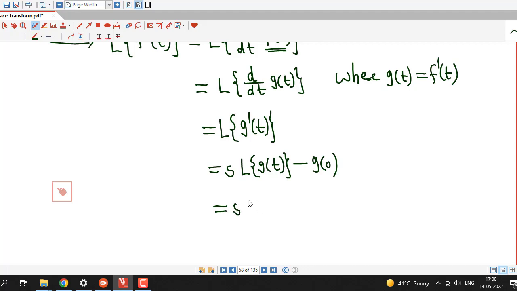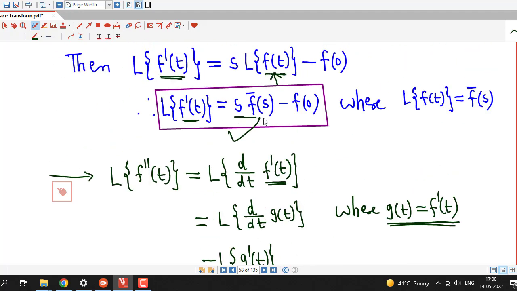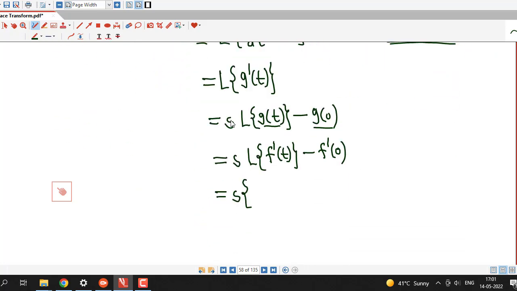Now we substitute the value of g of t. G of t is nothing but f dash t. So here, instead of g of 0 we will write f dash 0, because we have used f dash t equal to g of t. Now this is equal to, now we have the formula for Laplace transform of f dash t. So we again replace Laplace transform of f dash t by s into Laplace transform of f, which we have denoted by f bar, minus f of 0,